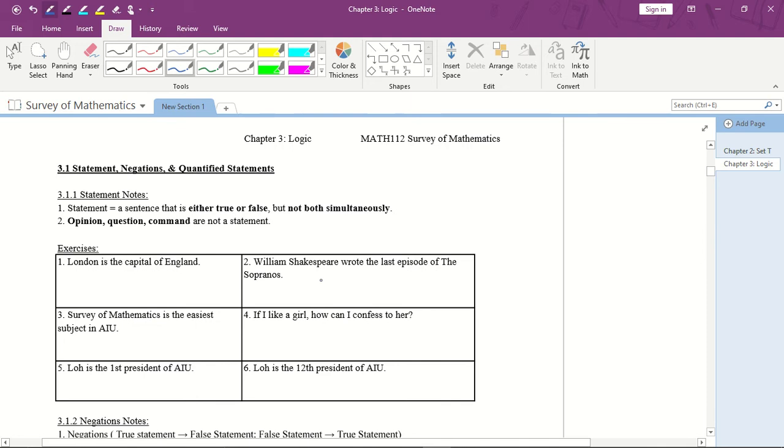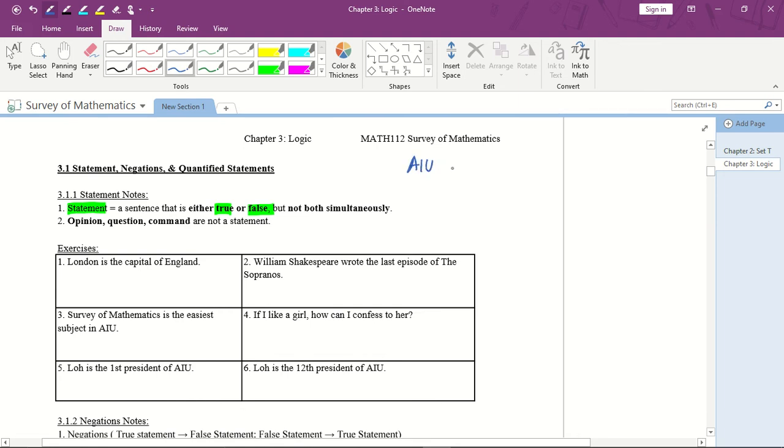3.1 focuses on statements, negation, and quantified statements. So first, let's define what a statement is. A statement is a sentence that is either true or false, not both simultaneously. So I can say a statement is something that is true or false. For example, I can say